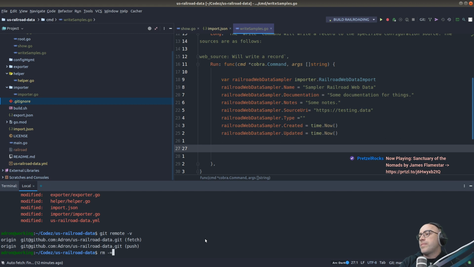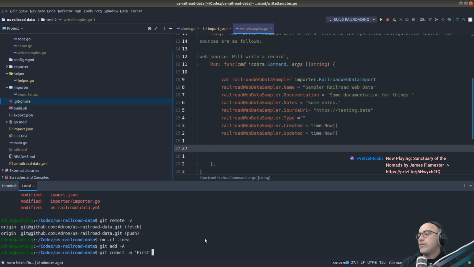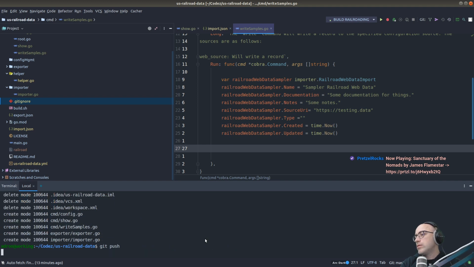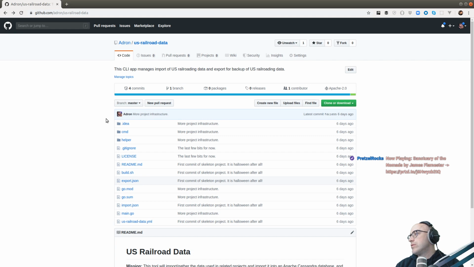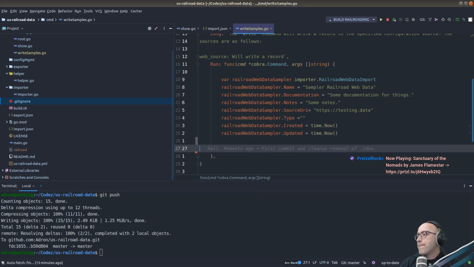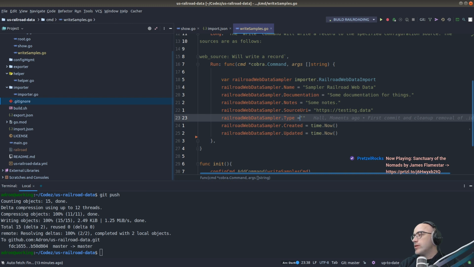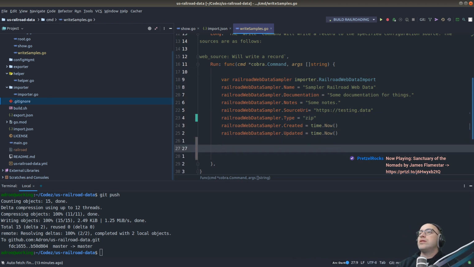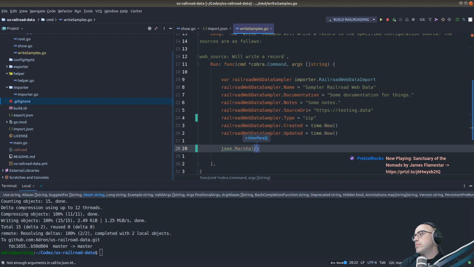Okay, so let's see here. .ida. Probably gonna dork up the browser for a second. Git add, first commit and clean up removal of .ida. Anyway, so out here, call this zip file. So then, let's see. So if we JSON.marshal the thing,